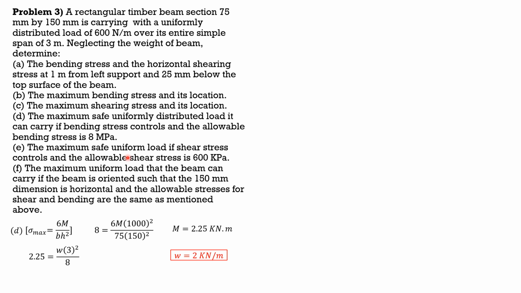Then letter E, the maximum safe uniform load if shear stress controls and the allowable shear stress is 600 kilopascals. So again, we use tau max equals 3V over 2A for rectangular section like this one. So tau allowable is 0.6